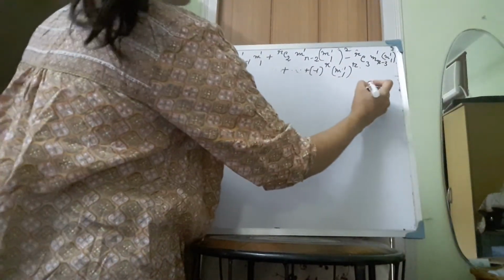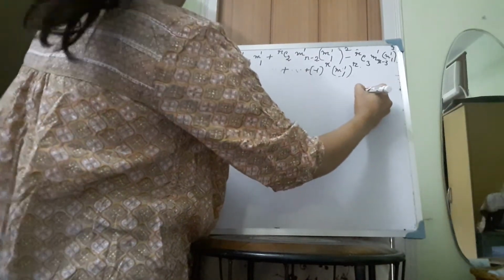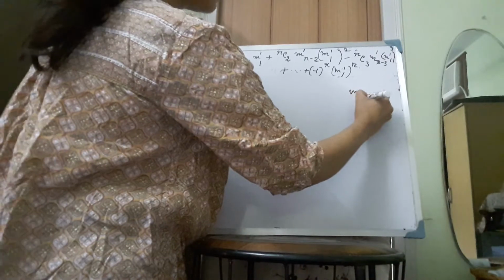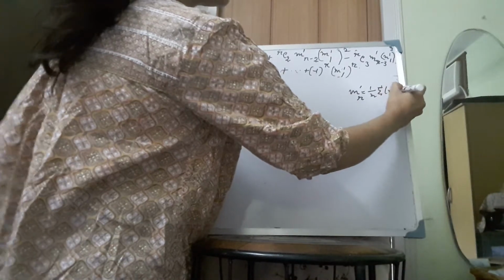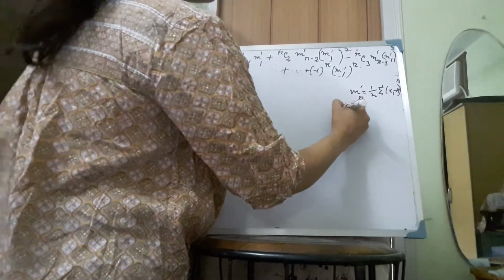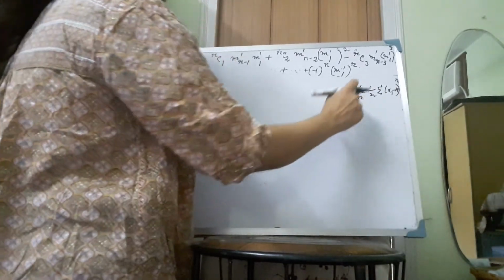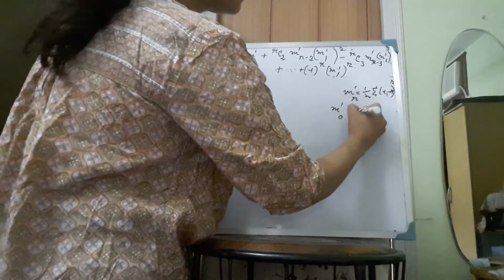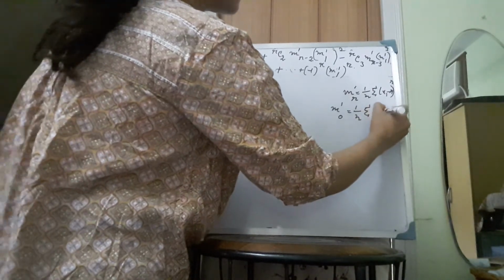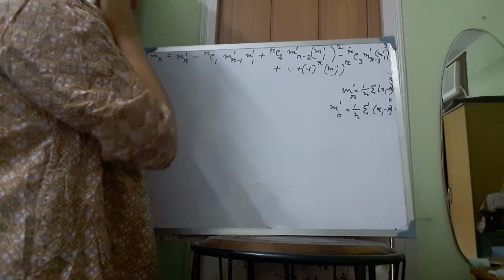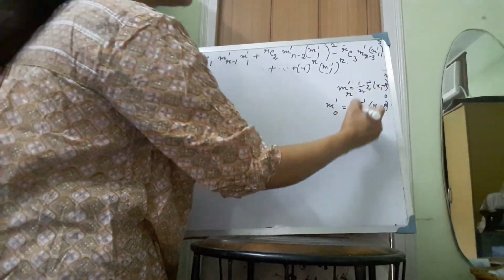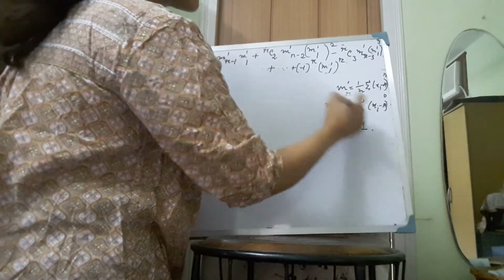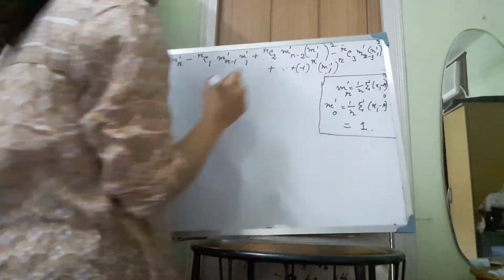Now before that, let me derive this. If I write mr prime, so that mr prime is equal to 1 by n summation of xi minus a whole to the power r. So then what is m0 prime? In place of r I am putting the value 0. So m0 prime becomes 1 by n summation of xi minus a whole to the power 0. Now what we know, something to the power 0 is equal to 1. So within this summation we will get 1. So summation of 1 is n. So 1 by n into n becomes 1. So the value of m0 prime is 1.